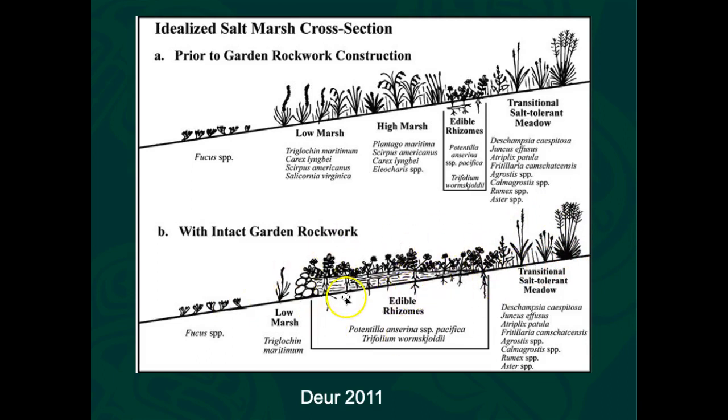So things like this, I'll talk about clams this way, occupy a Goldilocks zone. Up here, it's too fresh for them. Down here, it's too salty for them. And it's just right here. And so by building this rock wall and terracing the intertidal, you can greatly expand the habitat for these edible rhizomes. And just for perspective, this